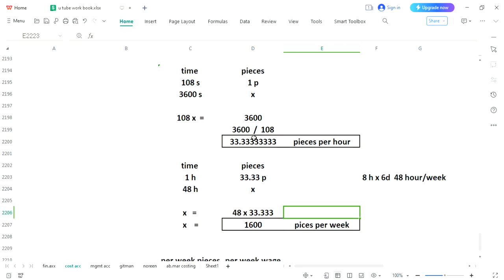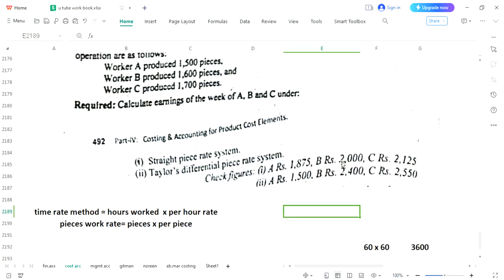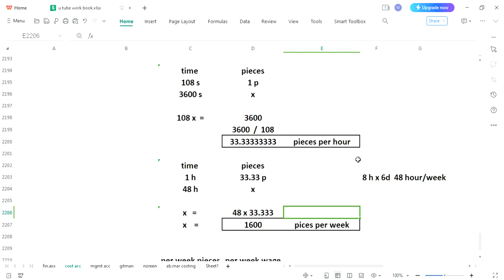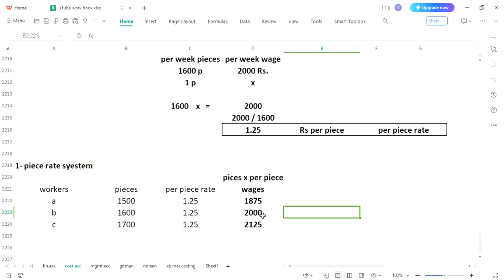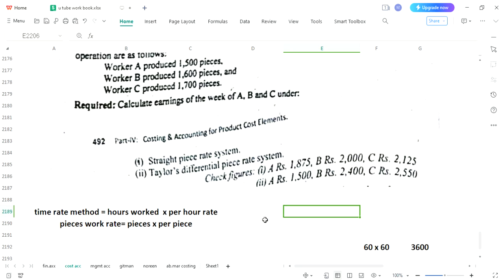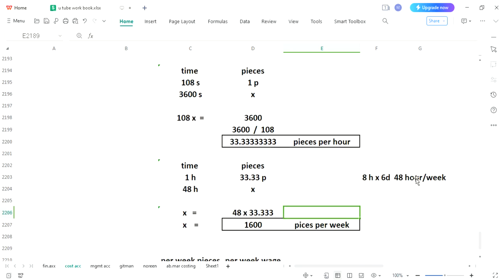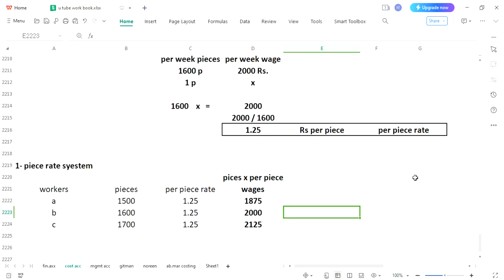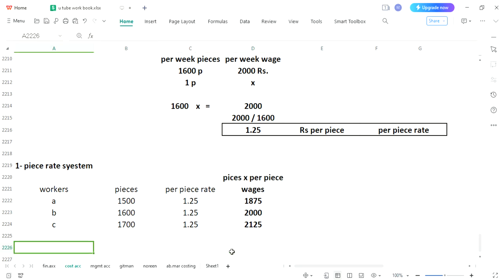Let's check out the answers: 1875, 2000, 2125. In this way our first part has been sorted out. Per piece rates are developed. Now we will be applying the second, which is